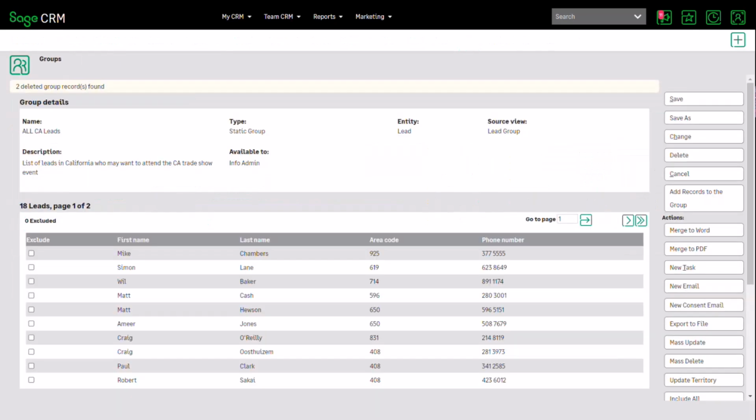I can go in now and carry out by looking at the lead group that you can see here, and you can see that I've got these records. Now notice here I have got some personally identifiable information contained here. Now I might have had a set of correspondence with these people. I might, if they were actually person records, have opportunities hanging off them, all this. But here, if I am to get rid of the personally identifiable information, I can use the mass update feature